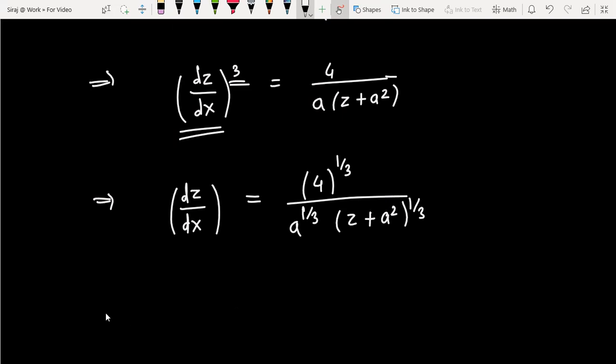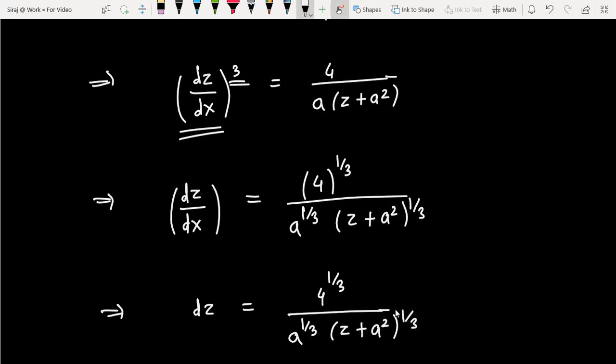So now we can separate the terms of derivative. So we'll get dz it is equal to 4 to the power 1 by 3 upon a to the power 1 by 3 into (z plus a square) bracket to the power 1 by 3 into dx. So in this way we have separated the terms of differential coefficients dz और dx दोनों separate हो गए,